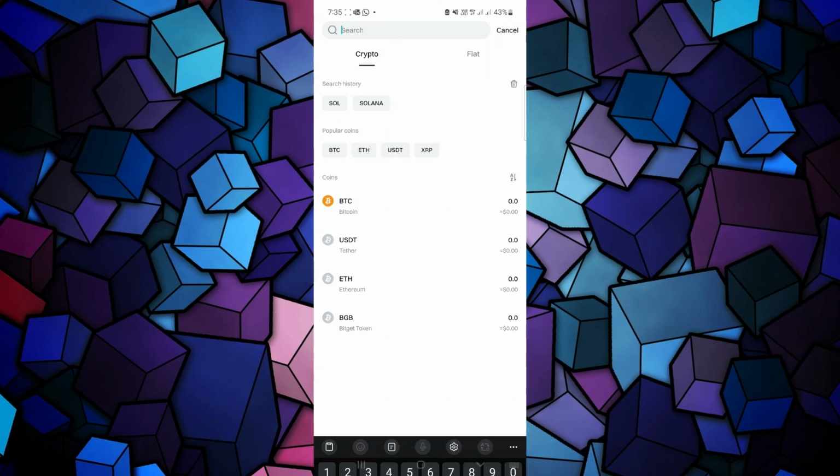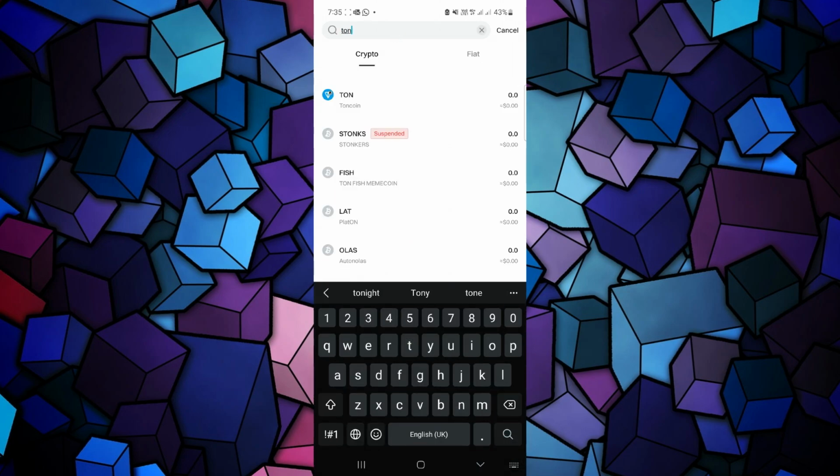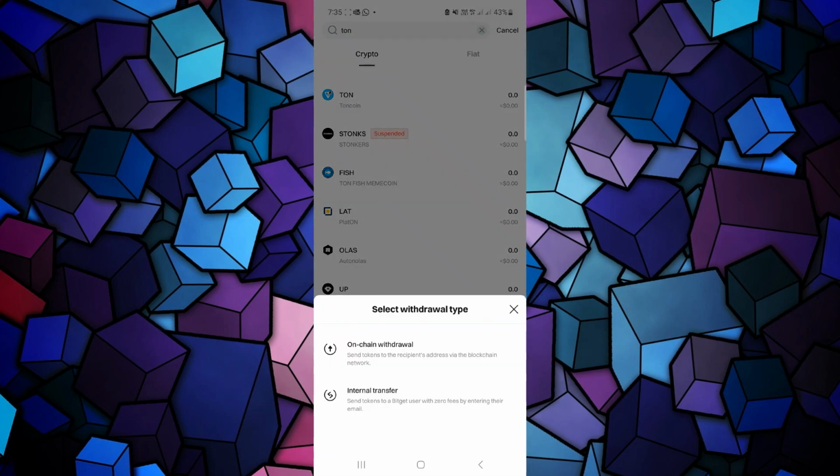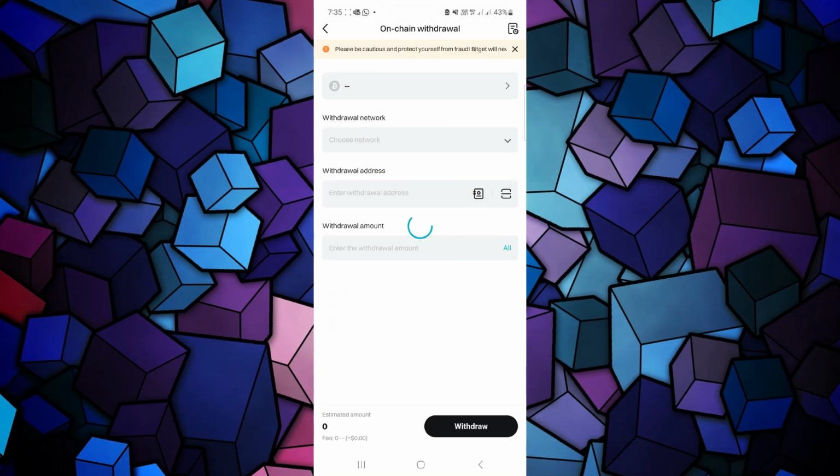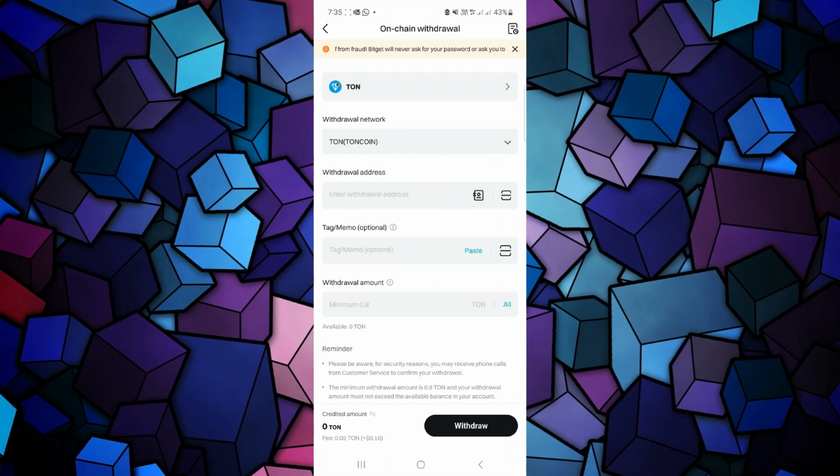After that, use the search bar in the top and search for Ton. Once you are able to find the Toncoin, select it, and then between these two options, select the first option that says On-Chain Withdrawal. After selecting it, this form will open in front of you, where you will be asked to